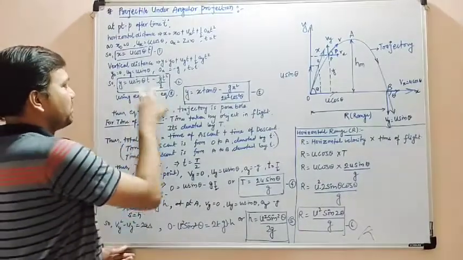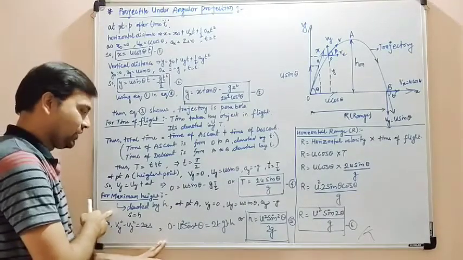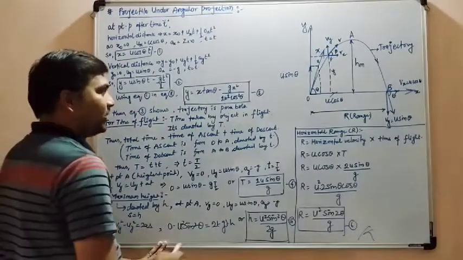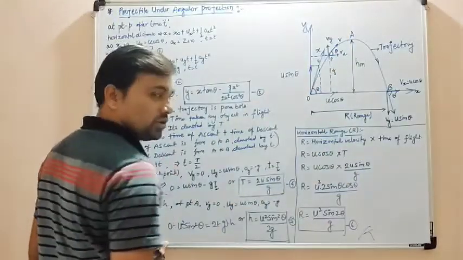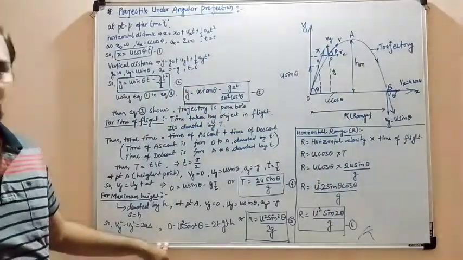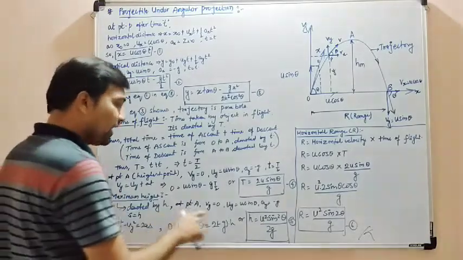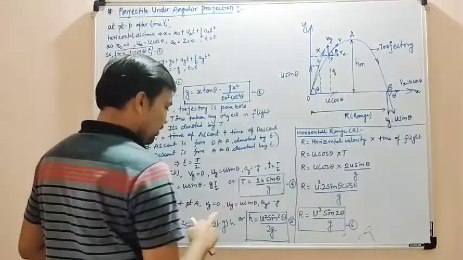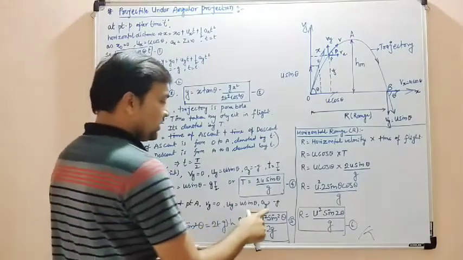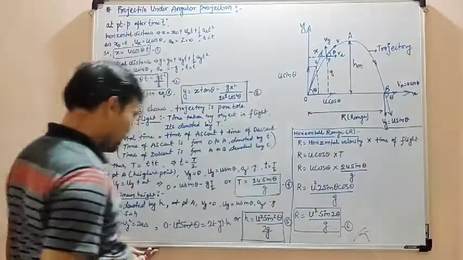Now we come to know about the positions, and we come to know about the time. Now we want to know at what height the particle will reach. So again we'll go through the point A. At point A, the height will be given by h. This will be covered by the second equation of motion, s equals ut plus 1 by 2 at square. For that I have taken s equal to h. Again, the final velocity at the highest point will be 0, the initial velocity will be u sin theta, and the acceleration due to gravity will be minus g, moving in the upward direction away from the earth.